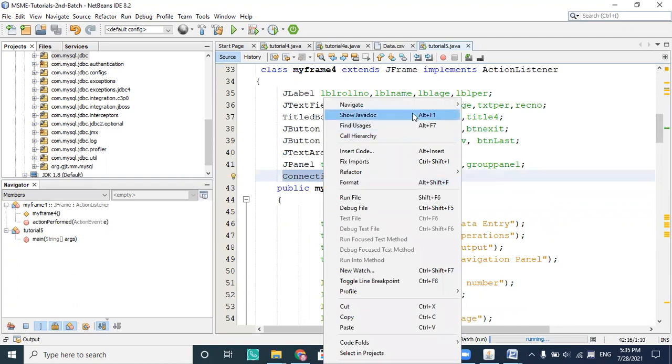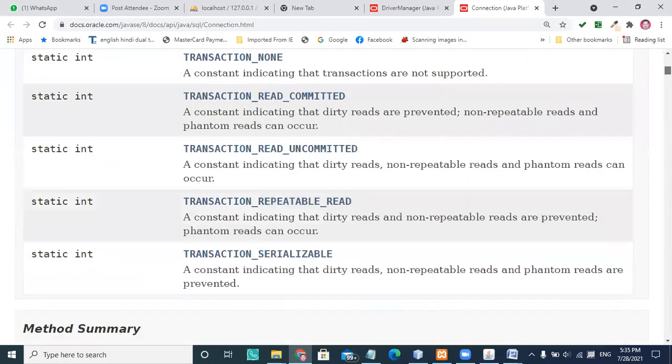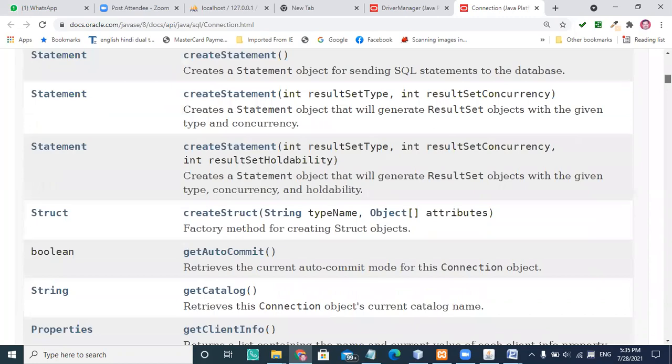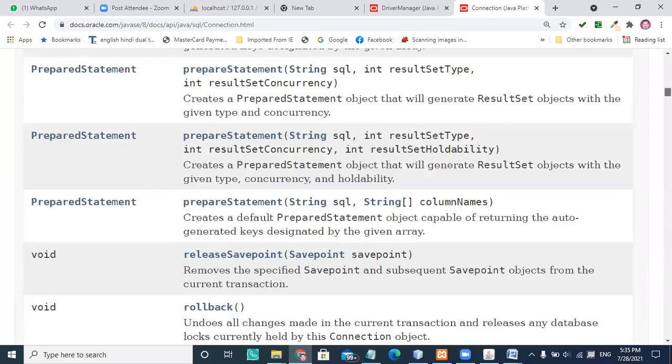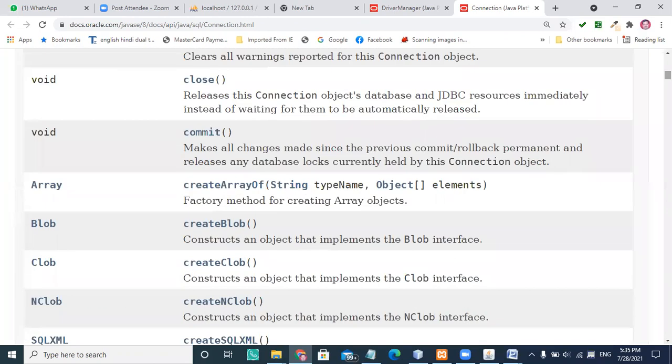If you want to see the Java doc, this is interface Connection. And that interface Connection has n number of abstract methods. And an interface is a collection of methods, and you can write the body of those methods, whoever is using that.